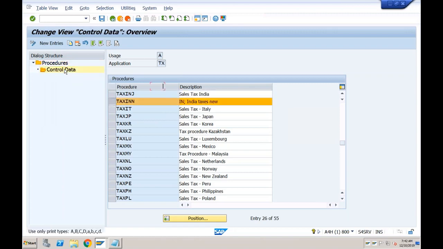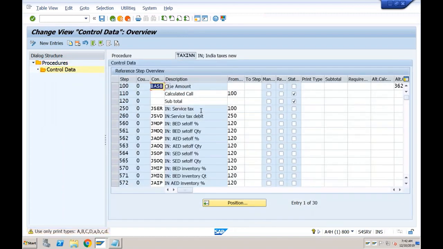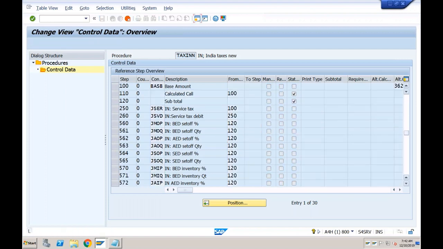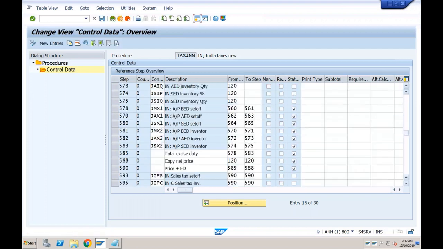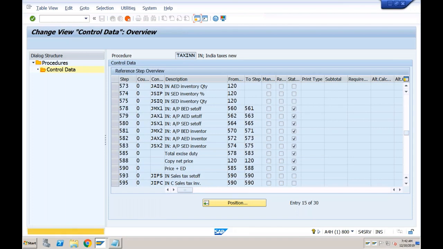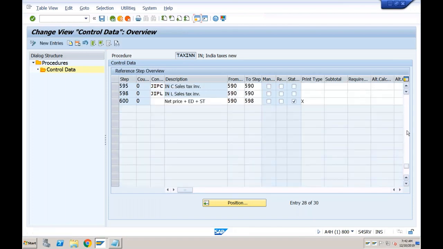this one, control data. So you can see here service tax, basic excise duty, additional excise duty. It is already 3 years now, so I don't remember the exact names, but all those previous conditions, VAT, service tax, everything you'll be able to see here. Sales tax, then if you just come down, these are the different types of taxes which were applicable